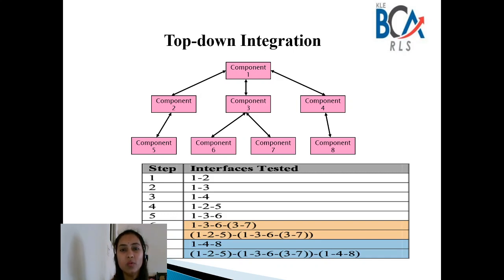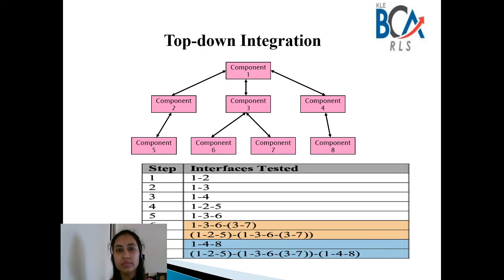And then component 1 to 3 can be tested, and 1 to 4, because this is a top-down approach, okay? And also you can have a test from 1, 2 and 5, likewise 1, 3 and 6. So these are all the possible scenarios you can test, which is top-down integration testing.